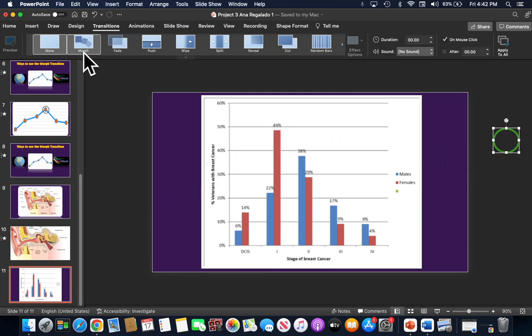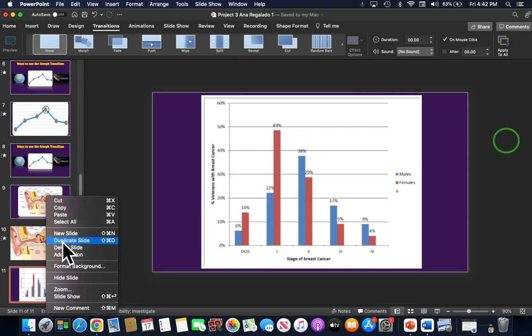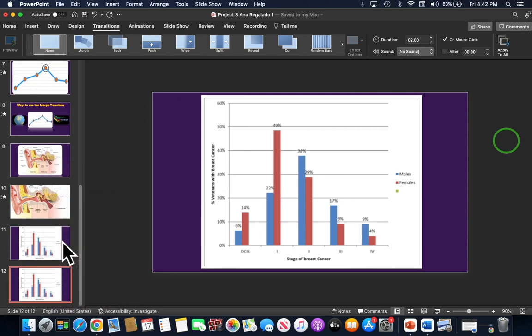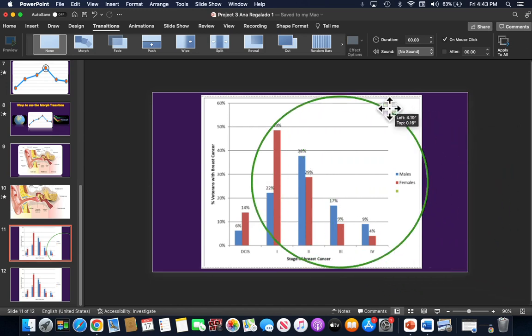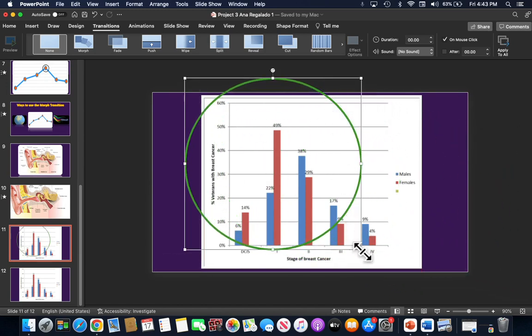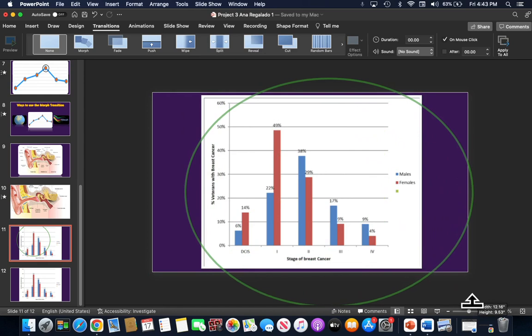So again, for the Morph transition, step one is to duplicate the slide. So I'm going to go ahead and right click to duplicate the slide. In this case, we're actually going to make changes to both slides. First, on the first slide, I'm going to go ahead and make this circle bigger than the slide itself. So I'm going to resize it and reposition it so that when you're presenting in this slide, the audience will